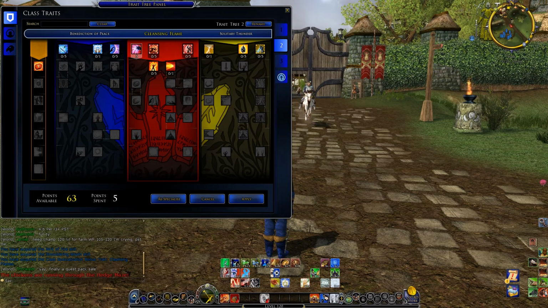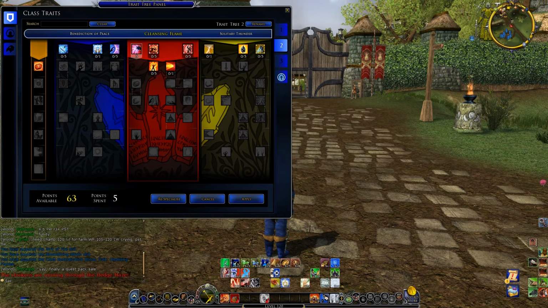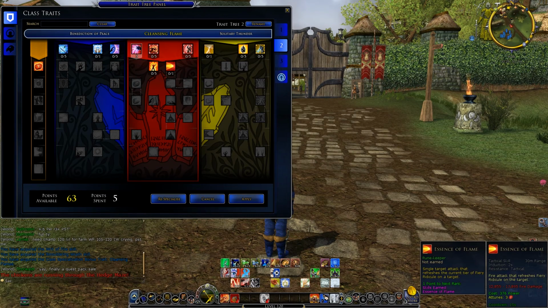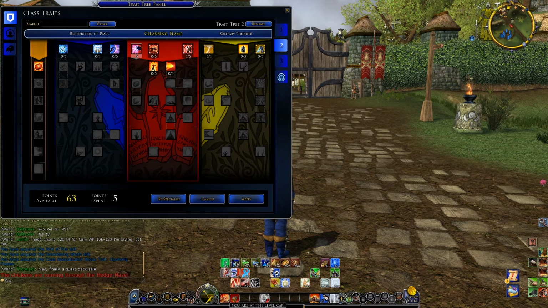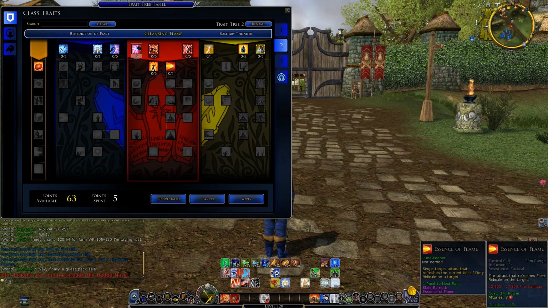So if you are unfamiliar, Fiery Ridicule also stacks up to 3 times, kind of like Rid of Fire, and does fire damage DoT as far as that goes. So this will refresh the duration of that. So if you have Fiery Ridicule at tier 3, this would be really nice for refreshing that, especially since the DoT on Fiery Ridicule does not last that long at 10 seconds,